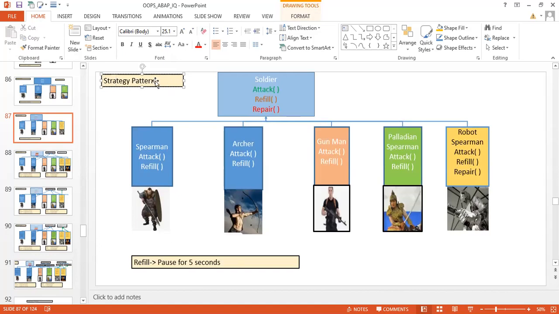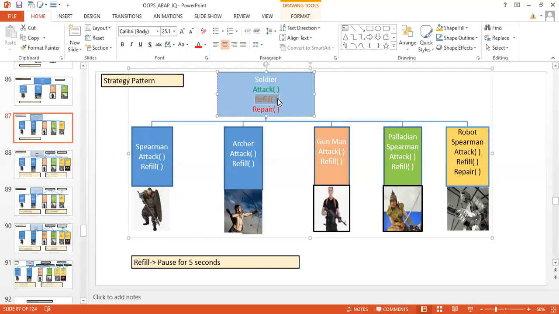So what we understood from the Liskov substitution principle is that if you have a method in a subclass, that should be perfectly suitable, perfectly adaptable for the super class as well. You can see that here this refill is not perfectly adaptable for this soldier, right? Why?